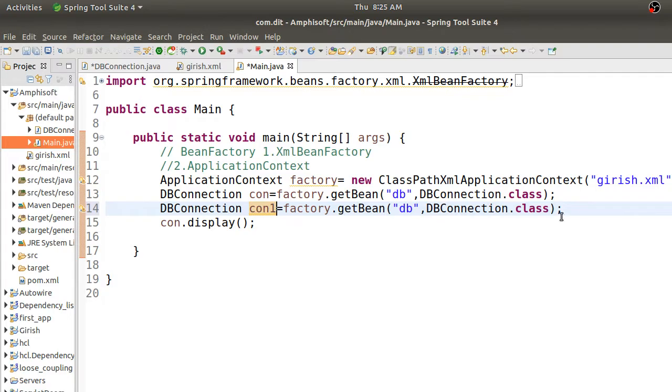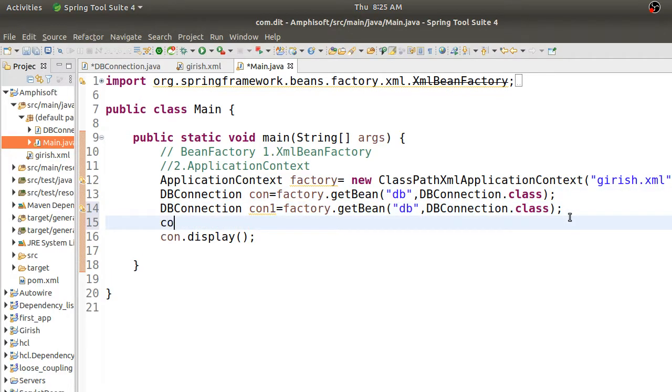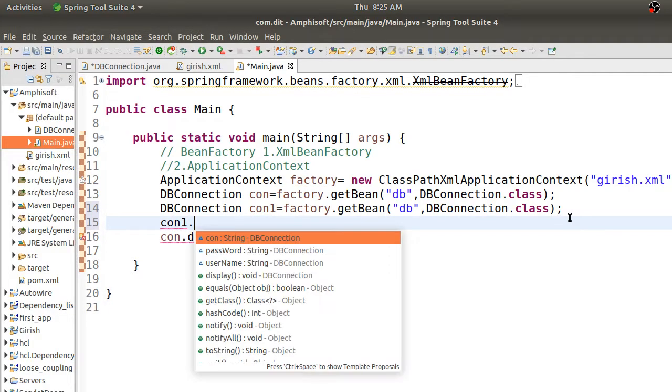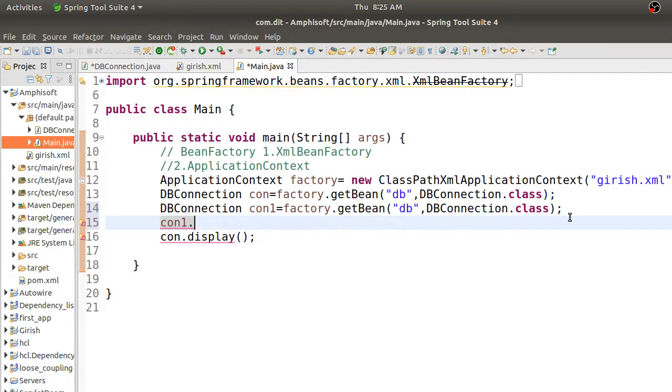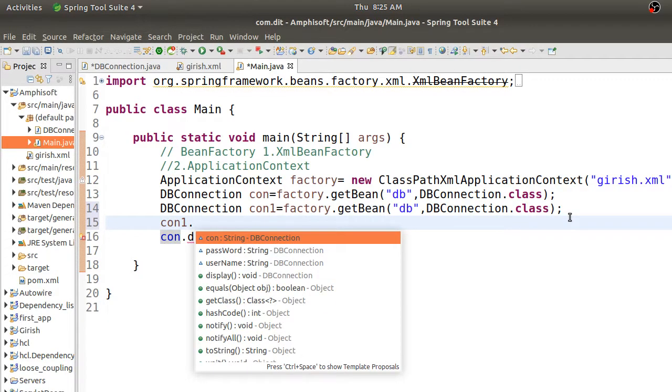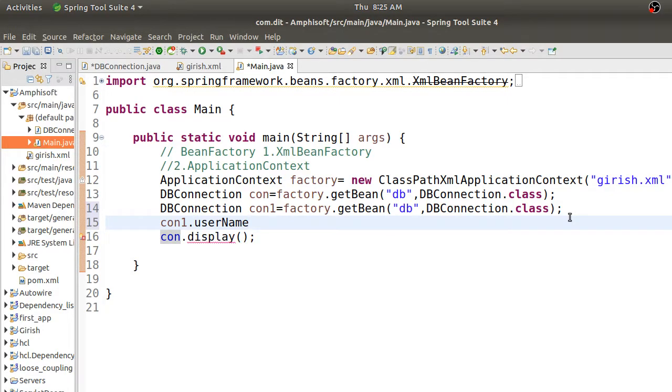Now I want to change the values. So I'll go here and say con1 dot properties. I had some properties there, so I want to change those properties. The username I don't want to be Girish anymore, so I'll give it Arti.